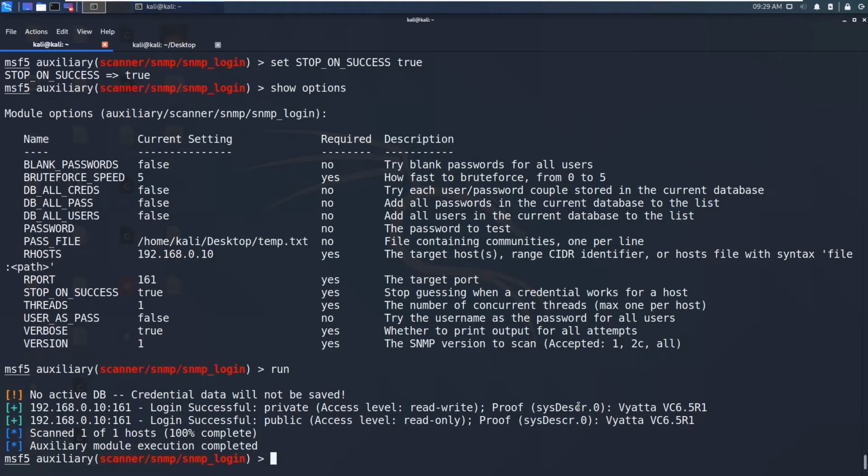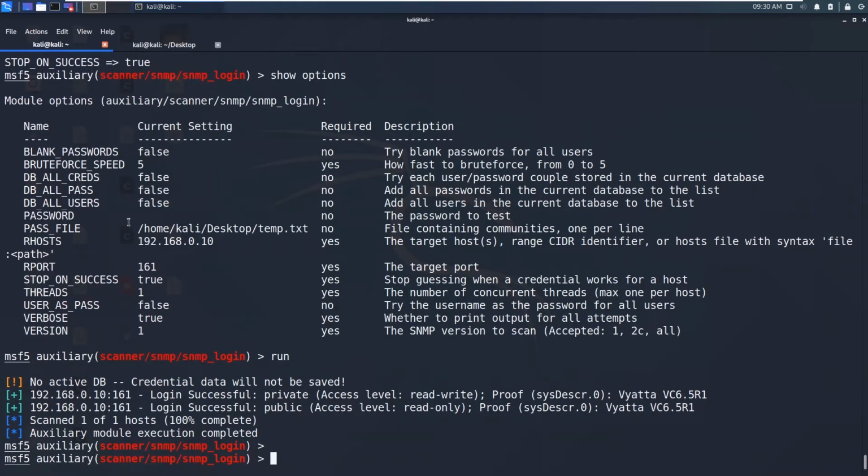So we have this private string and it has tried it, and we have got this access read-write. It has also got the proof. It has grabbed the system description, which says Vyatta version C6.5R1. It also found the public string with access level read-only and proof. With this SNMP login, you can just try a normal wordlist file.